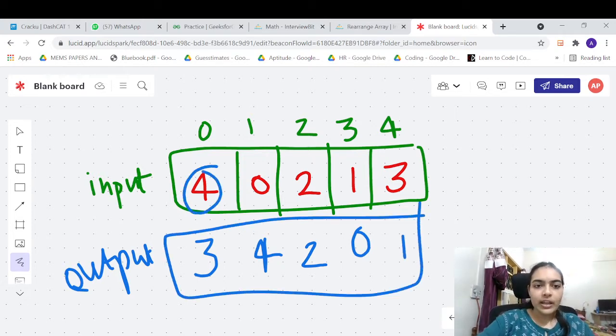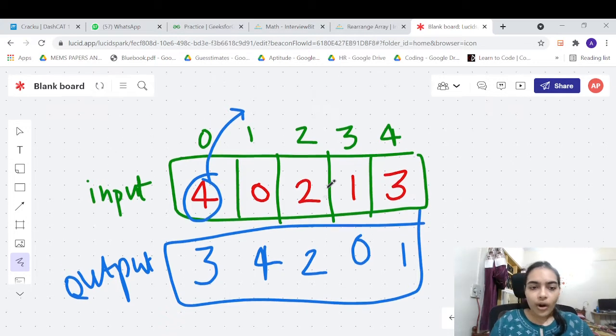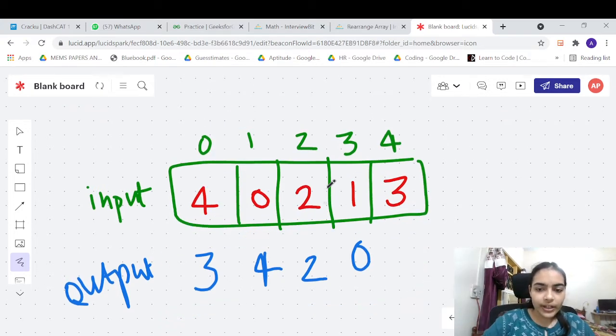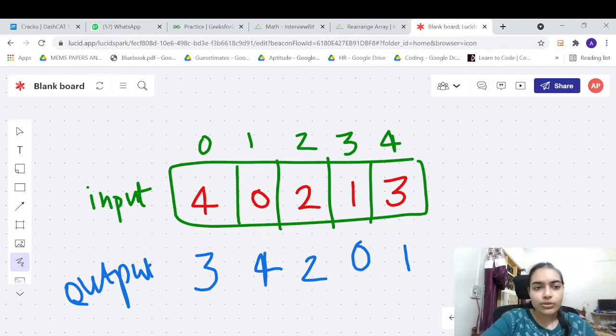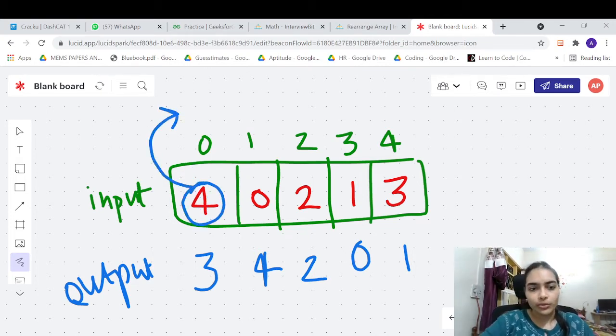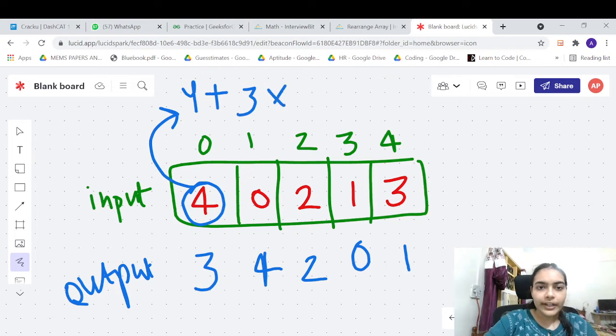So let us do one thing. We will not make a change here, such that we will not simply make this 3. Rather, we will use a simple trick where you need somehow 3, right? You need to replace this value and get 3. But for now, we will not store 3. Rather, we will store a number that is having information of 4 also. So what we will do? We will store 4, plus we will store 3 into 5.